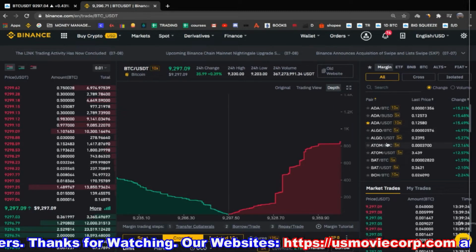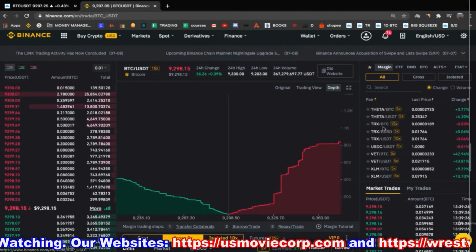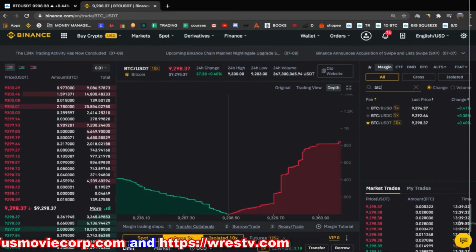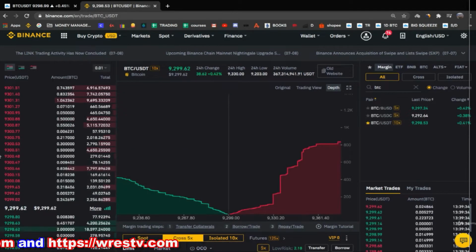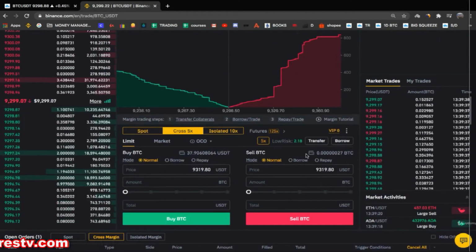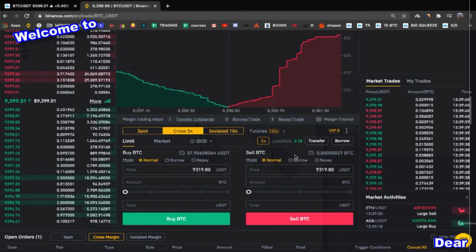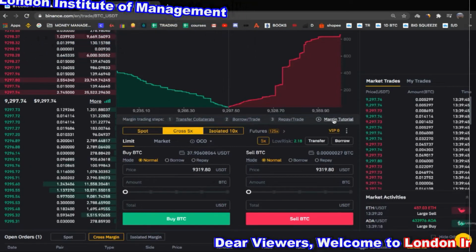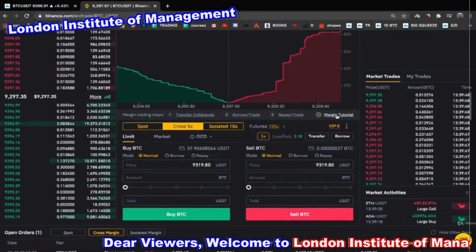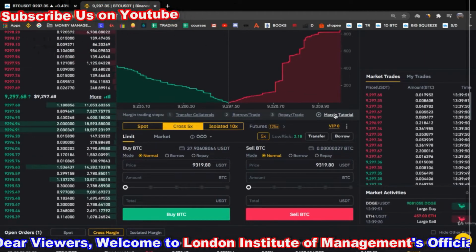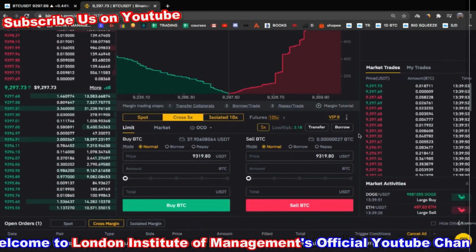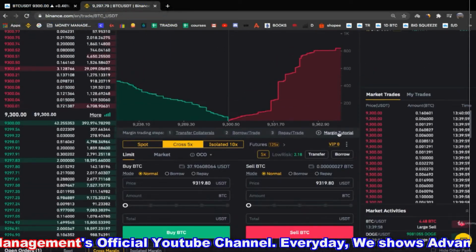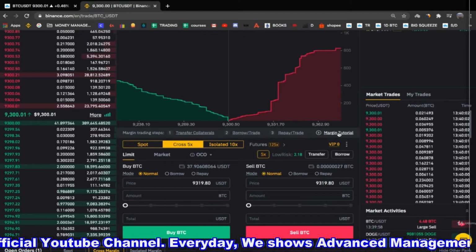Once you come here to the margin tab, you see Bitcoin pairs, USDT pairs, all pairs that are available. You can also search. So let's go to Bitcoin USDT and I will show you how to open and close a margin position, right? Here you have a few steps. They even have a margin tutorial that I will play now together with you. It will give you an idea as well. After this, I will show you in practice how to open and close margin positions. So first, let's check this tutorial together, right?